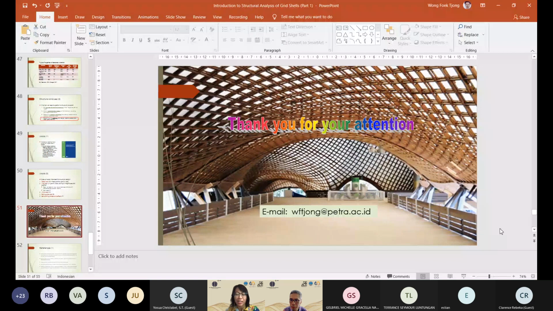It's a very interesting presentation. Thank you very much, and it really has a strong connection with our topic today about bamboo design. Is there any question from participants? You can drop your question in the chat box, or you can ask directly to Pak Wong. I saw here in the room quite several civil engineering students, or probably experts. They already graduated from Petra, or probably alumni. Yes, has become expert. Is there any question?